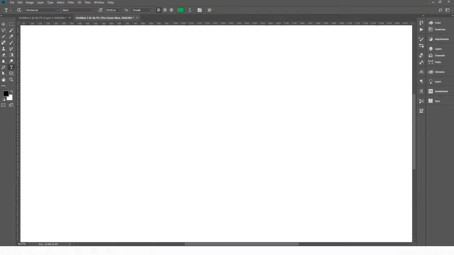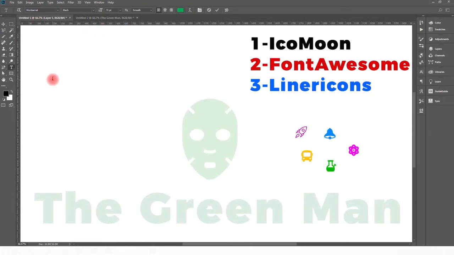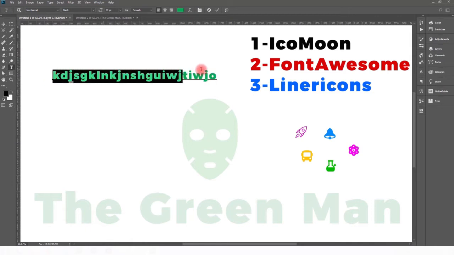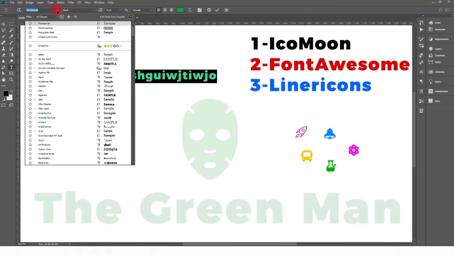As you can see, the Photoshop window is kept open, and we all know that we can write down any type of text as we want, and we can also style it the way we want using this text box. But what if I want to introduce this type of specific icons into my Photoshop? For that, we are going to use these three websites, download the icons and introduce them into our Photoshop. So let's see how we can do this.